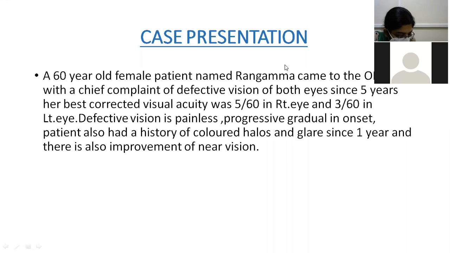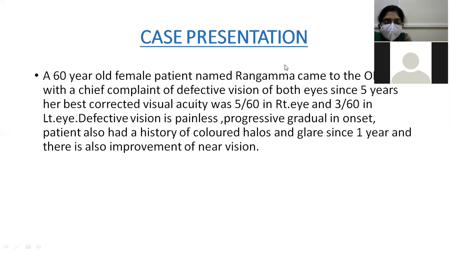Do you see an iris shadow in a normal lens? Normal lens, no, sir. What are the prerequisites for seeing an iris shadow? What should you have? You should have clear lens fibers and at the same time opacity, isn't it? Yes. So in immature cataract, you have clear lens fibers and also an opacity. But in mature cataract, you don't have clear lens fibers. In a clear normal lens, there is no opacity at all. So that's the reason only in immature cataract you see an iris shadow.